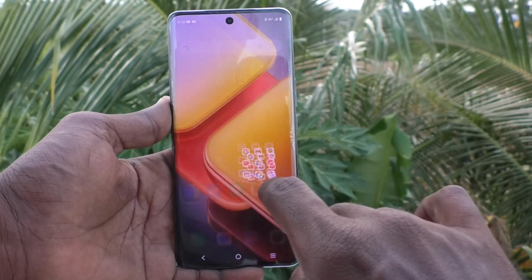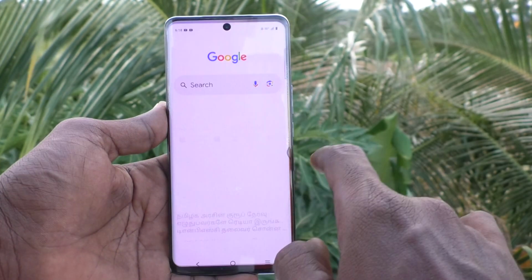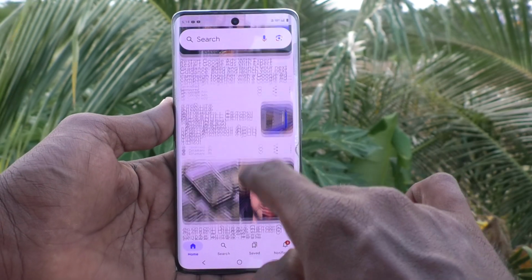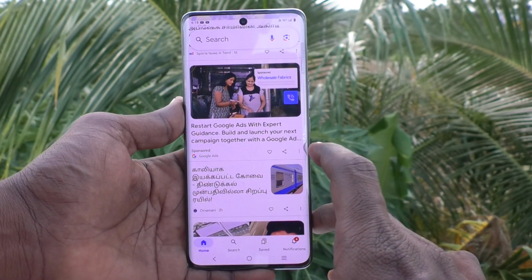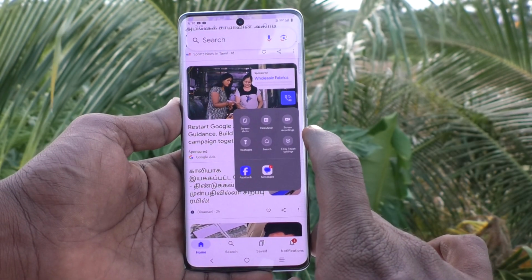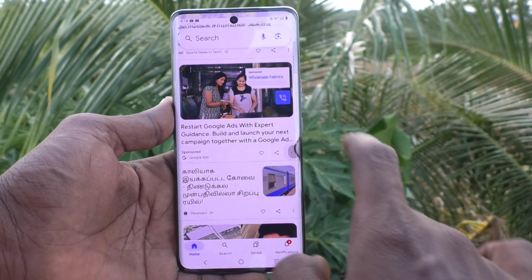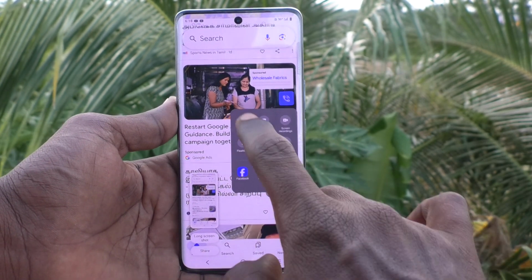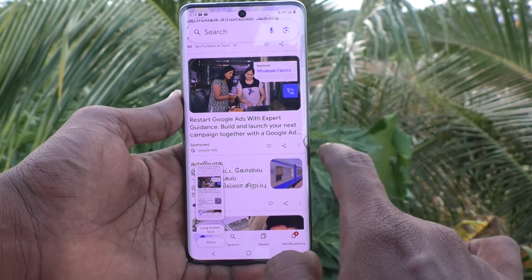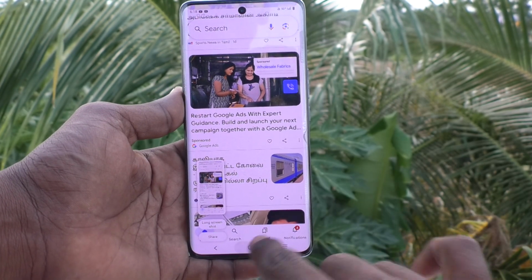See, first go to the screen for which you would like to take a screenshot. I would like to take a screenshot from this Google search page. So to take screenshot by easy touch, just click on that easy touch ball here and click on the screenshot icon there. See, so in this way you can easily take a screenshot using easy touch option in your phone